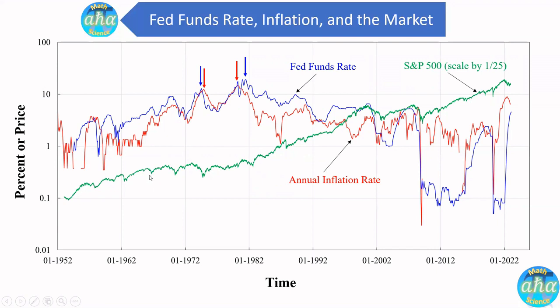In 1966, you have a bear market, and this is the bottom. This is the 1969 inflation, and that's the bottom. This is the 1974 inflation, and that's the bottom. So pretty much for every case, you have a market bottom. In the 1974 case, you can actually see the market bottom even before the inflation peak.